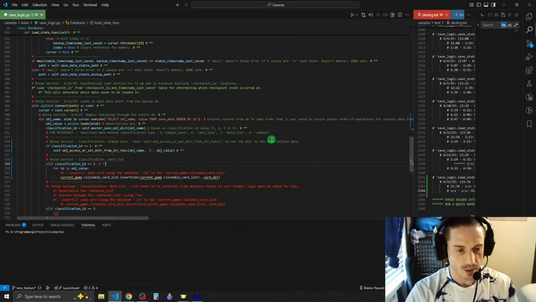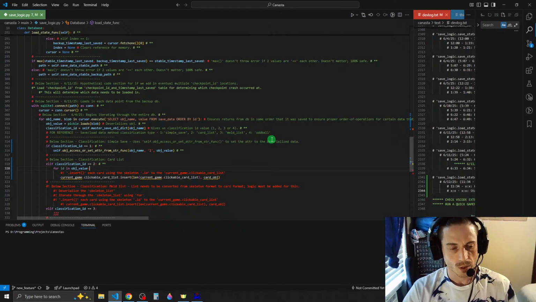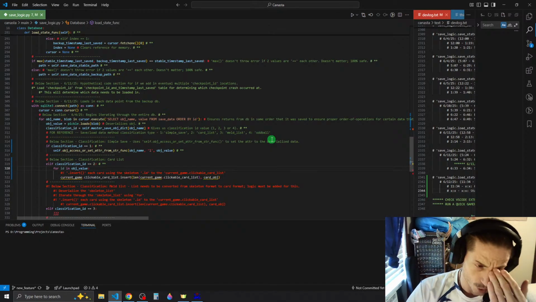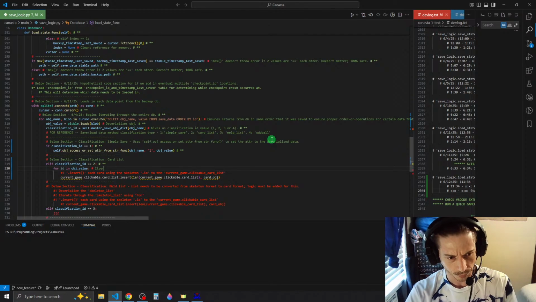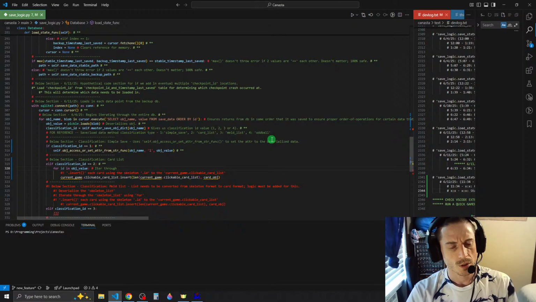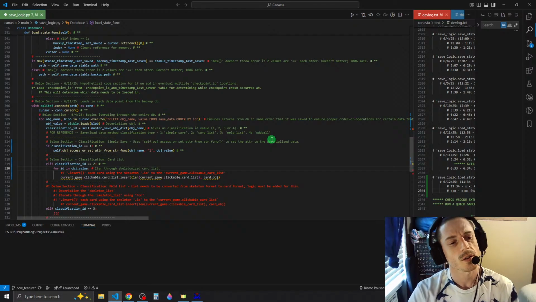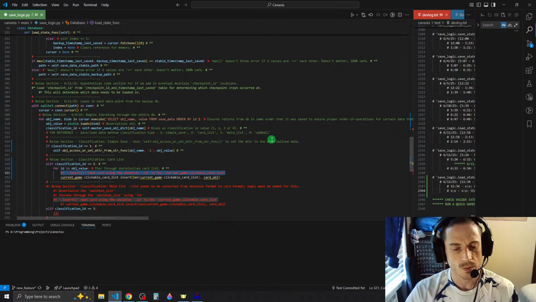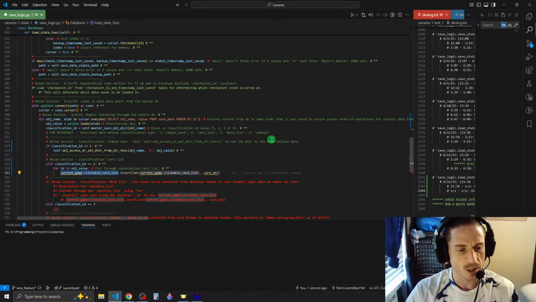But when the classification ID is not 1, we'd be iterating through the object value, which in this case would be the card list. Iterate through skeletonized card list. Okay, and then we would insert each card using the skeleton ID to whichever one it would be. They have more than one, not just a clickable card list. So we would change this to be